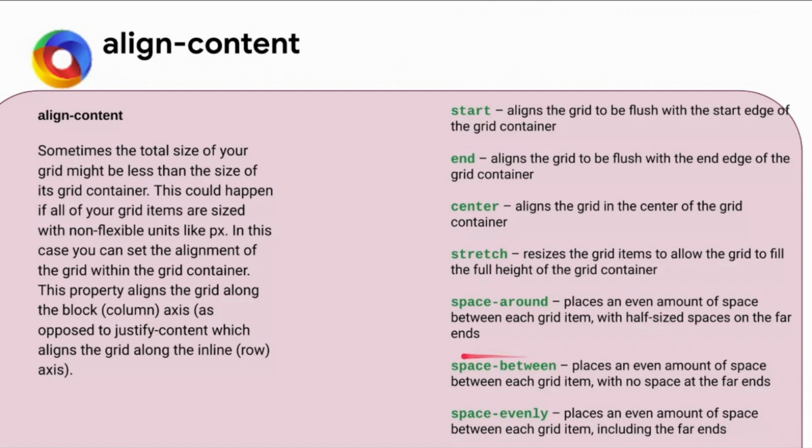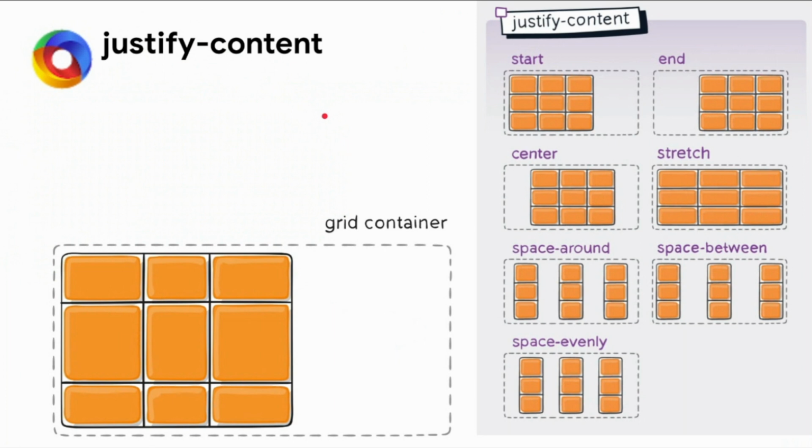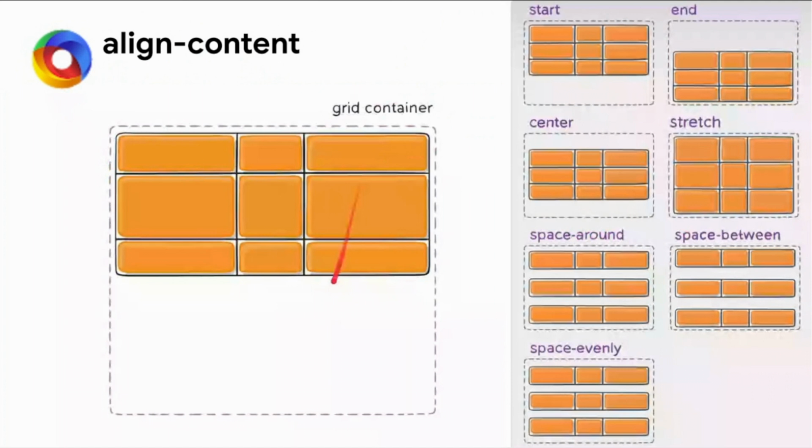Okay. Similarly, align content. Justify content is for the horizontal extension, like if you have empty space horizontally. If vertically we have empty space, then there is something called align content. By default it is at the start, but you can put it at the end, center, stretch, space around, space between, space evenly. So if the column is more than your grid content, then you can handle it efficiently, deciding where it should be placed. For UI or business ideas, it would be more suitable.